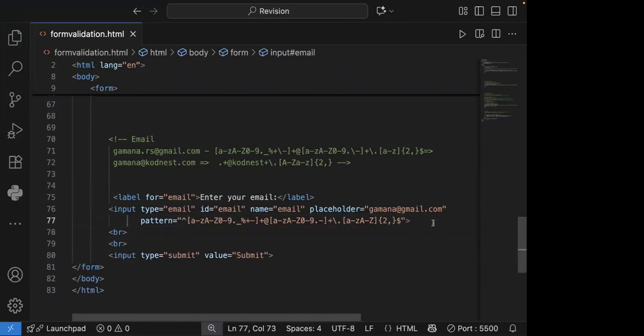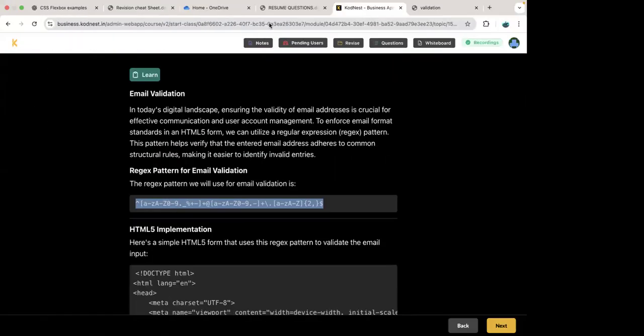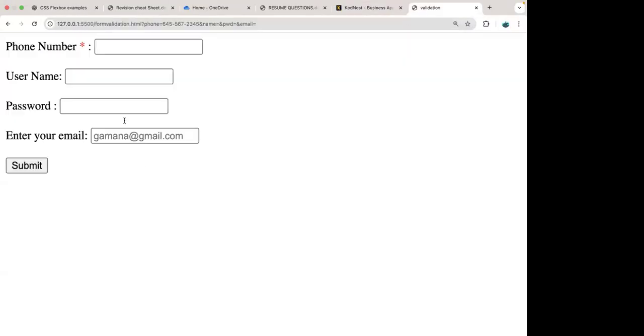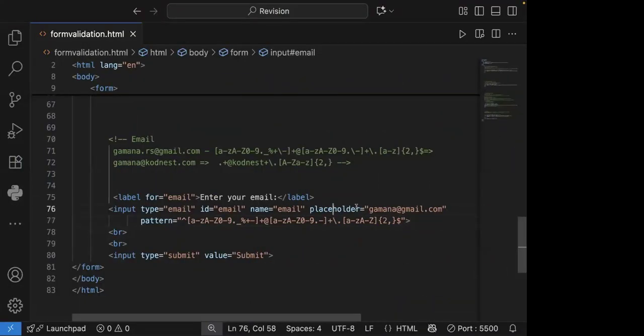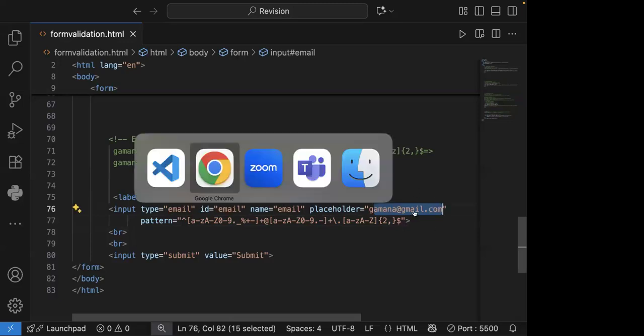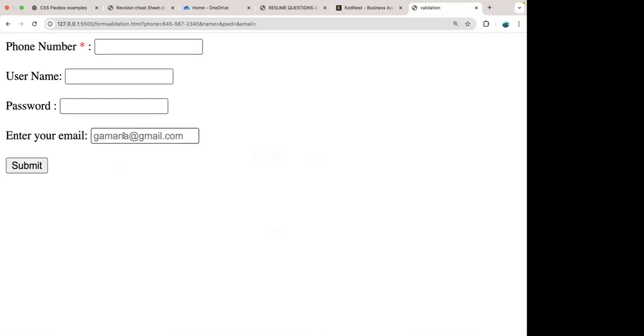Will this be validated? Yes? Okay, I'll just go back. Over here, in the placeholder I've given, say I have a placeholder. Placeholder is nothing but the hint to the user. You need to have an email, something like this. I'll just go back over here and I'll just give